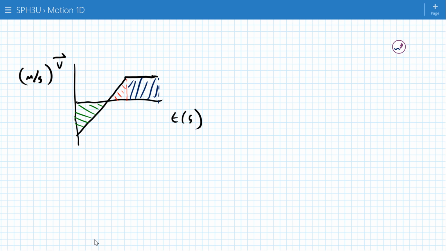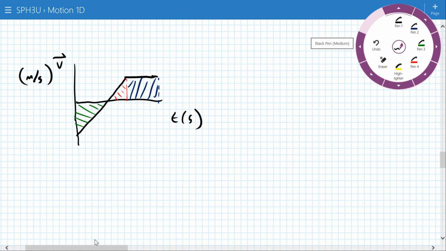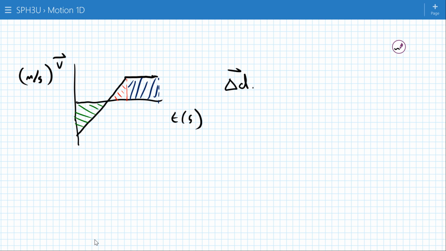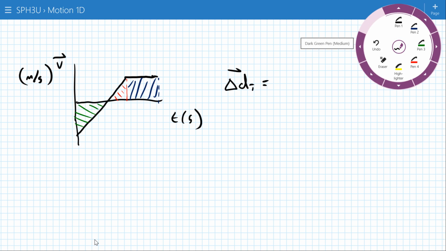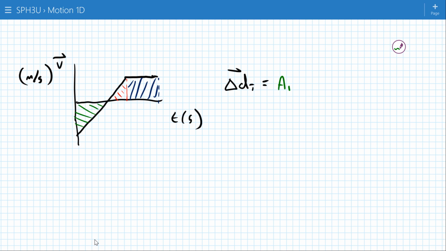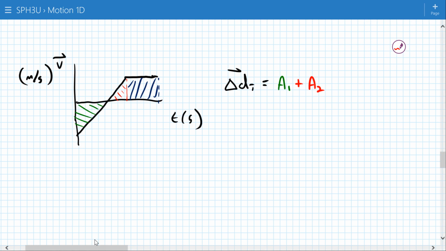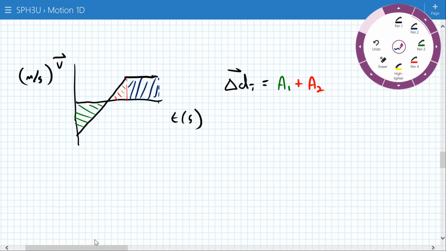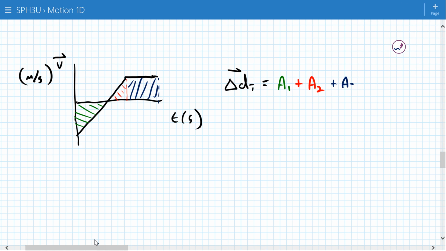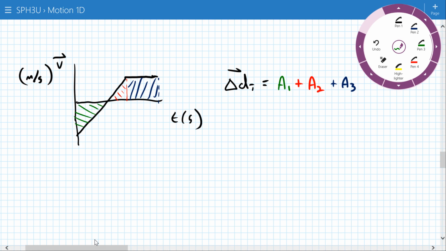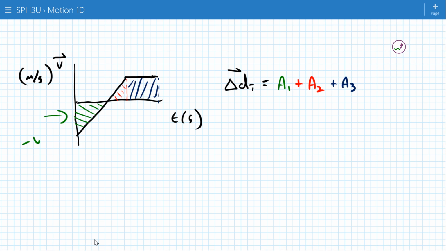But the truth is that, first of all, most people wouldn't remember that formula, myself included. But second of all, it's just easier to chunk it up and deal with them individually. So what I would have here is A1 plus A2 plus A3. Now if you're looking at this and you're recognizing that the green section here has negative velocities,